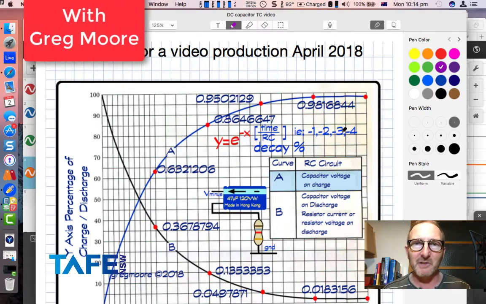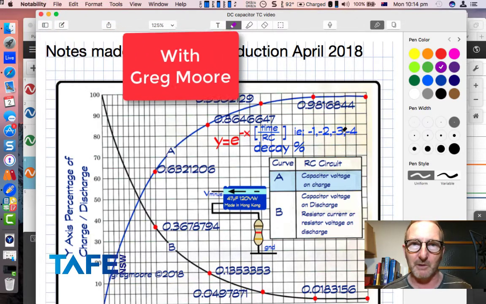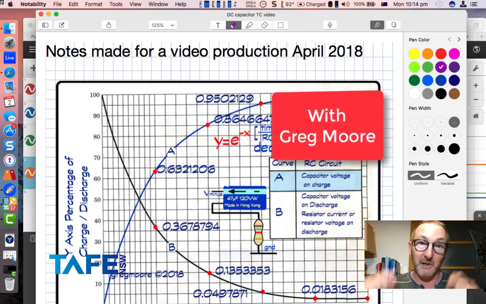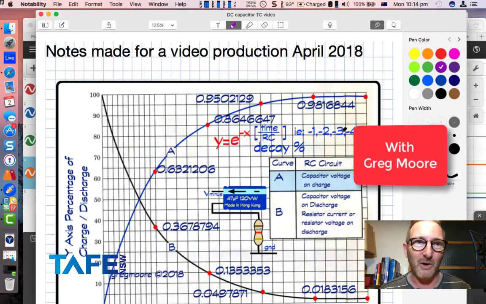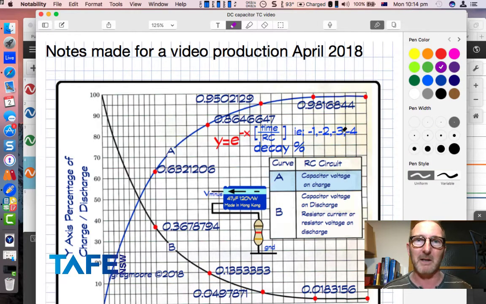Hi, these notes have been made specifically for a small video, which is this video now, for using Euler's number. Euler's number has to do with natural decay and natural growth. We see this used in electronics extensively, and we'll be using it in our electronic fundamentals, with capacitor circuits and inductor circuits, where we have what are called time constants. We can look at the growth or the decay in voltage or in current to do with these capacitors